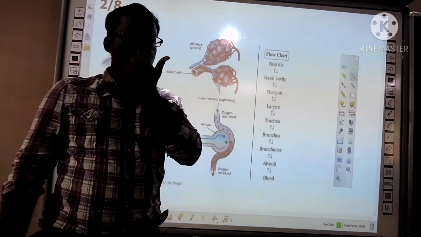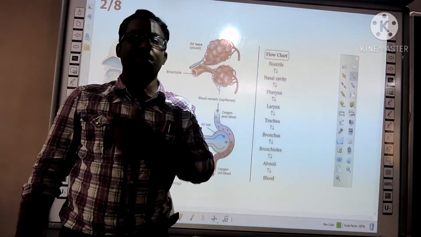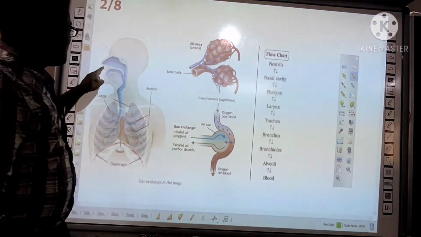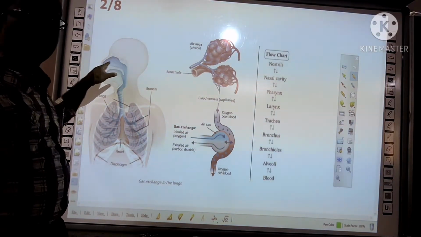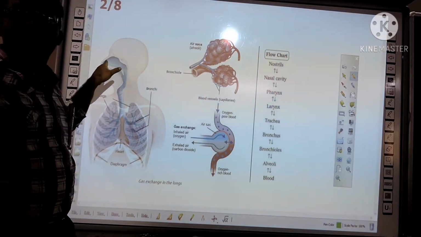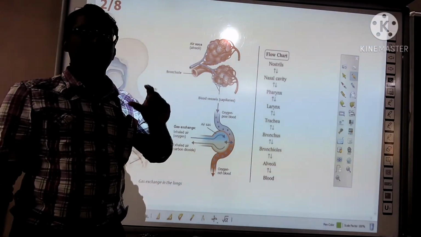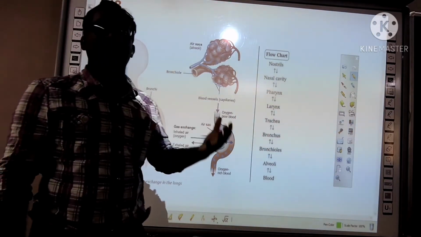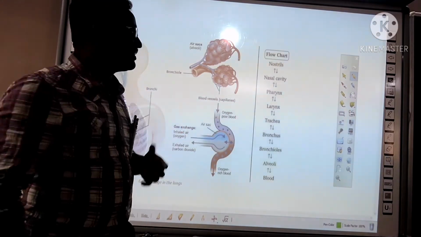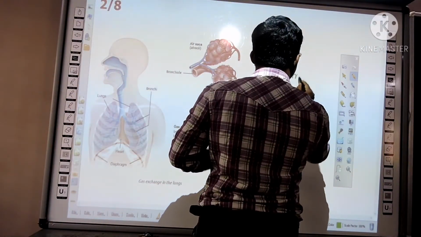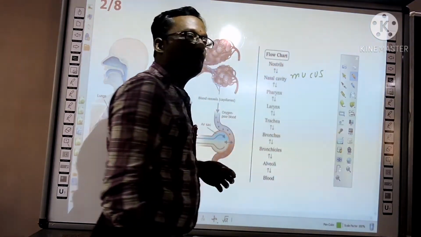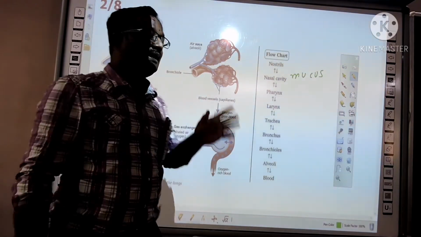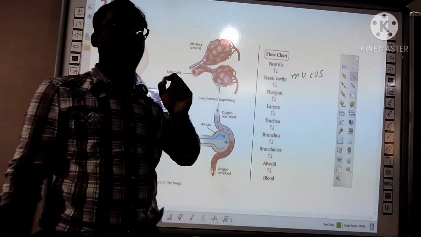See, our nose has two holes, right? What are they? Nostrils. They are called nostrils. Now, the nostrils lead into a cavity called the nasal cavity. You should know something about this nasal cavity. The walls of this nasal cavity are lined with a slimy substance, mucus. So the walls of the nasal cavity are lined with mucus, a slimy substance. And the walls of the nasal cavity are lined with small hairs also.